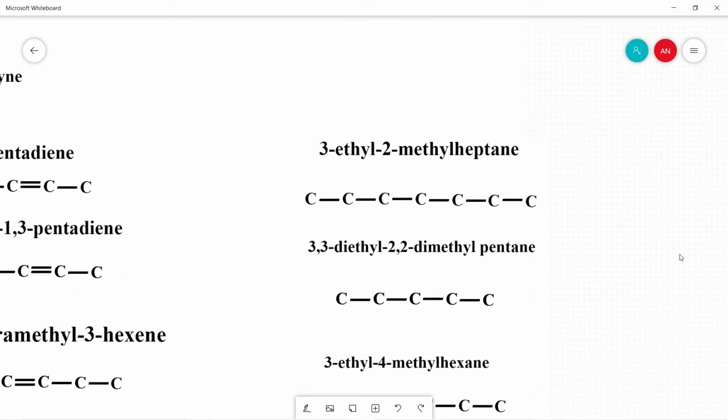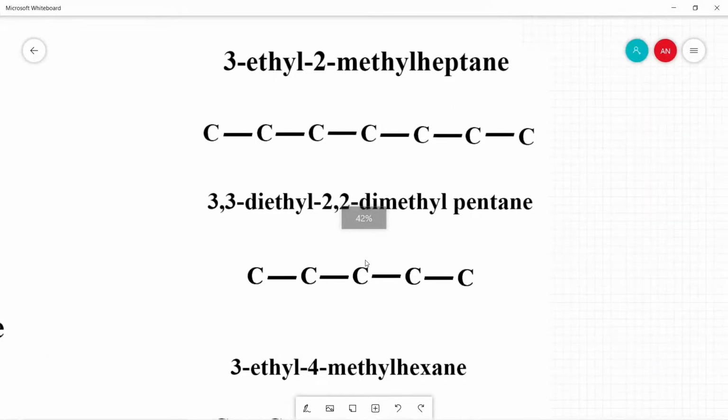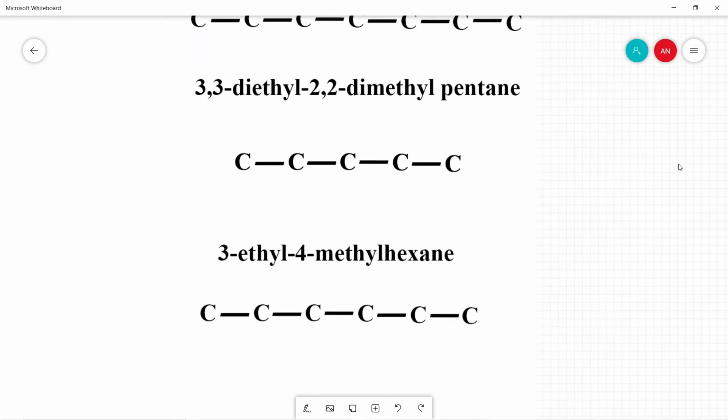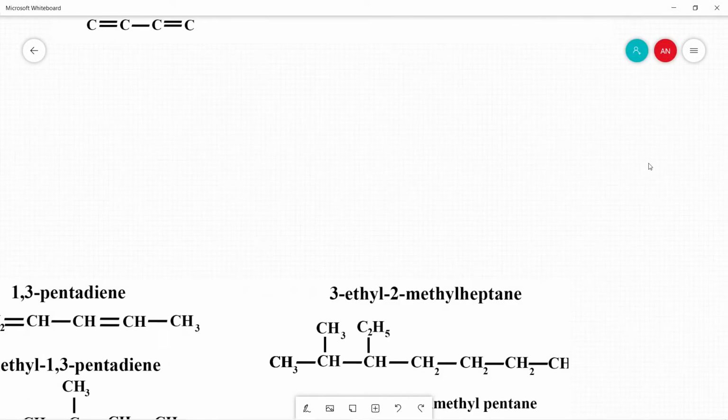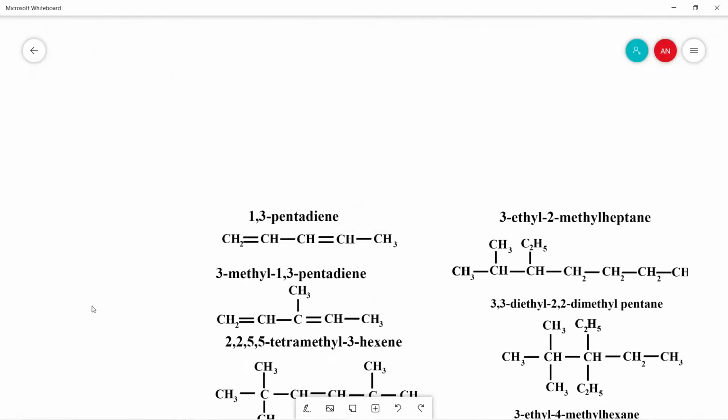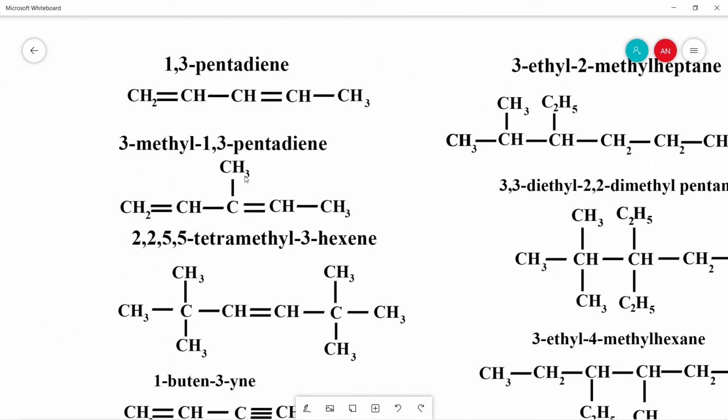After that there are structures of alkanes. So we have just drawn their simple parent chain which contains only carbon here, so heptane for 7, so there is a 7 carbon chain, right? After that there is pentane, so 5 carbons, and there is hexane, so 6 carbons. After that I'll be assigning the hydrogens and substituents, right? So here they are, I've just assigned the hydrogens and some substituents here, right?